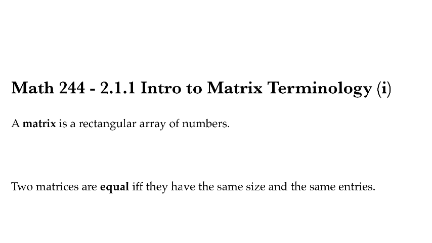So section 2.1 is just a slew of definitions about what matrices are, what their parts are, and what various terms can be used to describe them. The very first, most basic one is just that a matrix is a rectangular array of numbers. Say we take the matrix A to be 1, 2, 3, 4, 5, 6, 7, 8, 9, 10, 11, 12. These are just a bunch of numbers written in a grid,